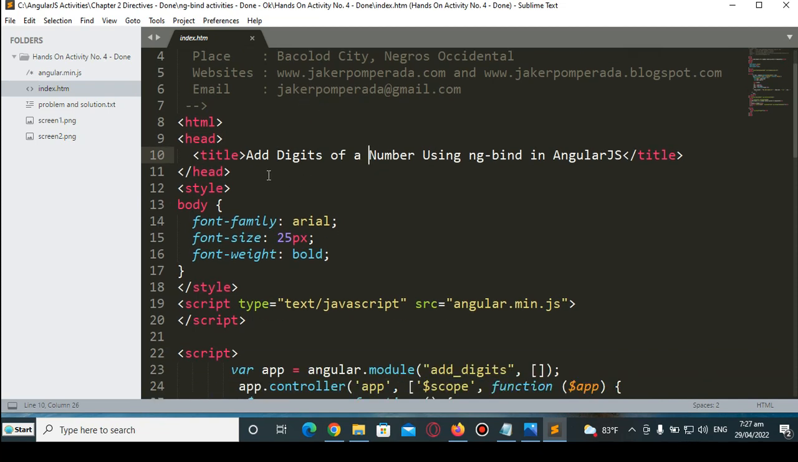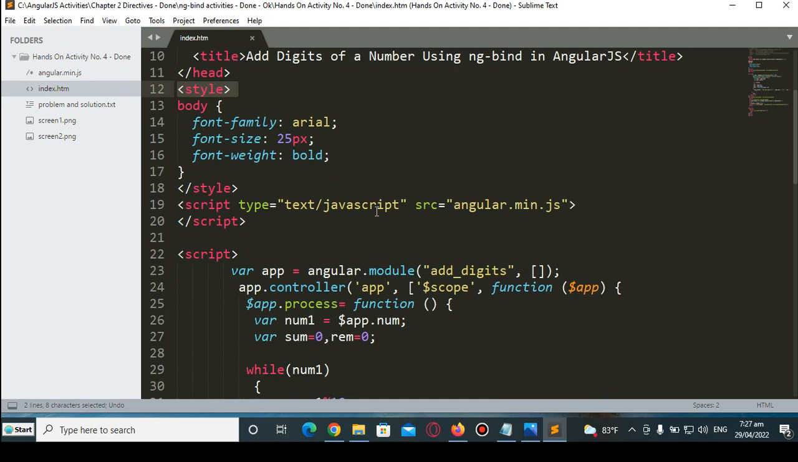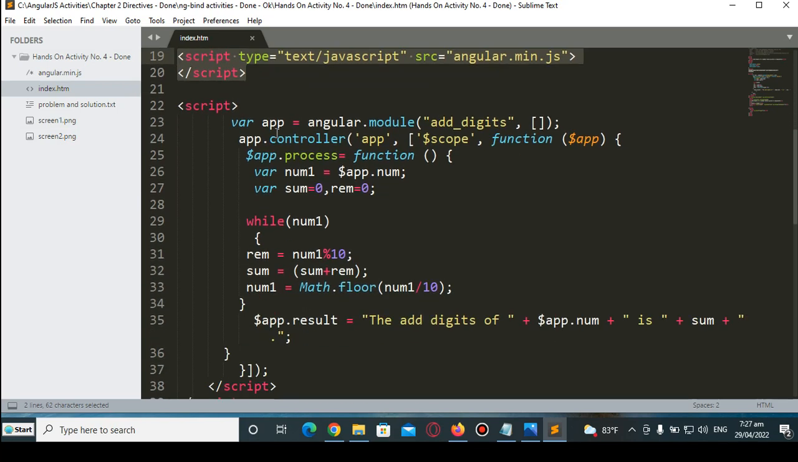We have here the title, add digits of a number using ng-bind in AngularJS. We have here the CSS, cascading style sheet: font family Arial, font size 25px, font weight bold. This one, the angular.min.js, make sure that this file belongs to your folder or else our program will create an error. So script, var app = angular.module add_digits, app.controller app, $scope, function, $scope.process = function,